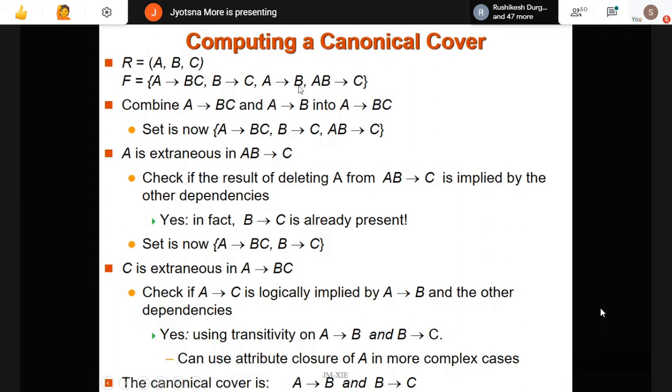A determine B. A is determining something here, and again A is determining something here. So I can combine those together. If the same attribute is determining something, I can combine them. A is determining B, which is also possible with this A determine B, right? So this functional dependency is unnecessarily added over here. So I am removing this functional dependency. My final set of functional dependencies will be A determine BC, B determine C, and AB determine C, which I have written over here, right? After combining this functional dependency with this, I'm getting the final set till here. Everyone clear?